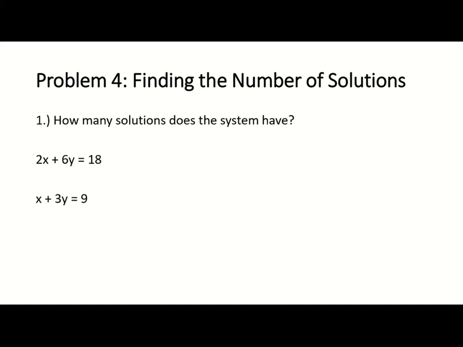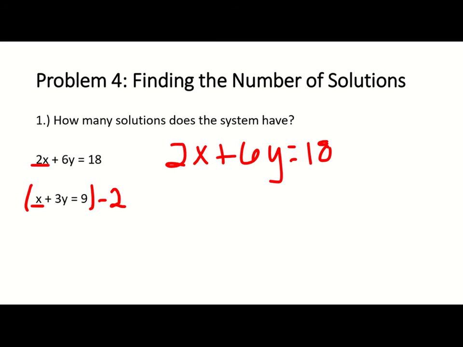So none of my variables cancel out to start. So what I'm going to need to do is line up my x's and ask myself, is there a way to get x and 2x to cancel out? Well, I know the bottom one could cancel out if that was a negative 2. So I'm going to multiply the bottom equation by negative 2. So the top one's the same. I'm going to copy that first. The bottom one, however, is going to be negative 2x minus 6y equals negative 18 after I multiply everything by